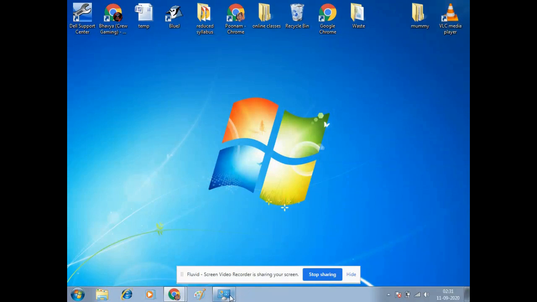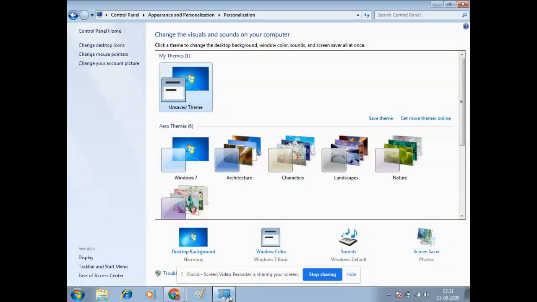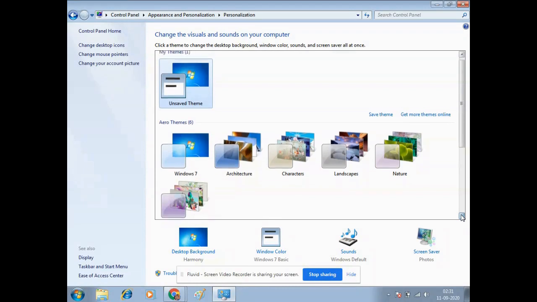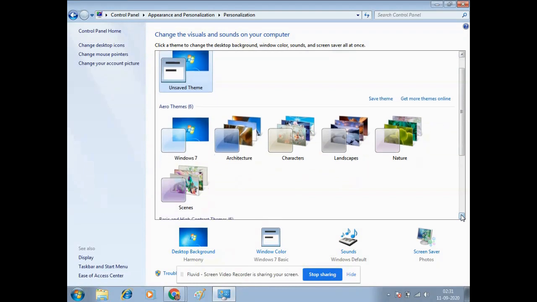For this, again you need to go to the personalization window. Here you will see so many themes present in front of you. You can use Aero themes. Aero themes use transparency effects, color intensity, and high resolution background images, so the images here are very attractive.